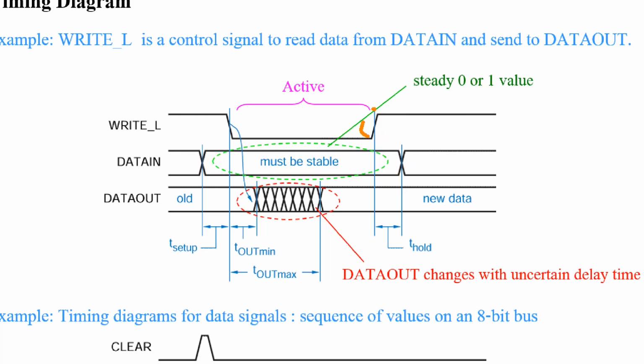And after that, when it changes to high, it may change to some value. When this input changes, the write is done, so this data is read, and then to show it at the output you must wait some propagation delay, and then the output data out will change to the new value from data in. Okay, that's all.